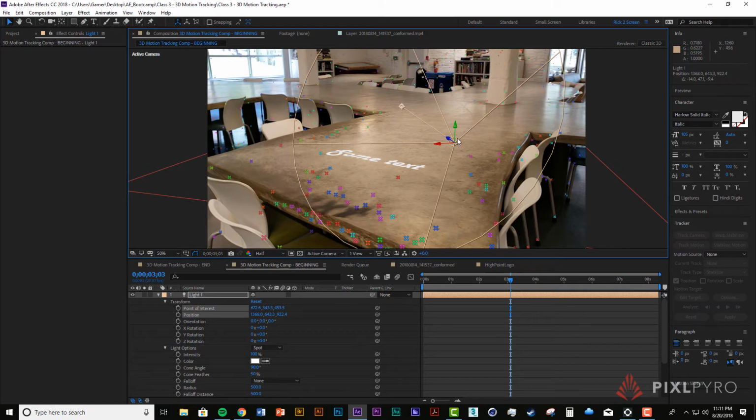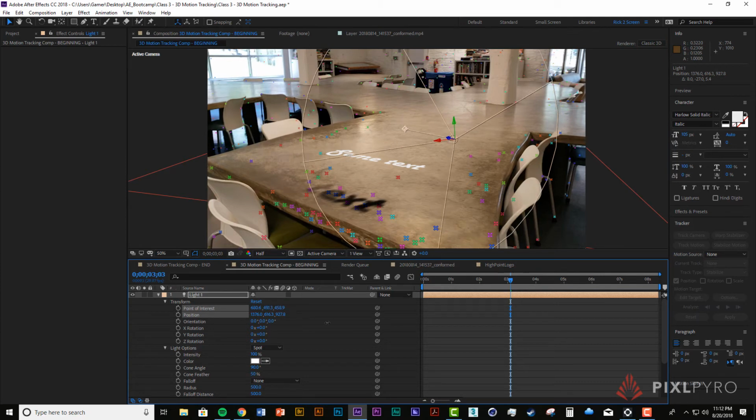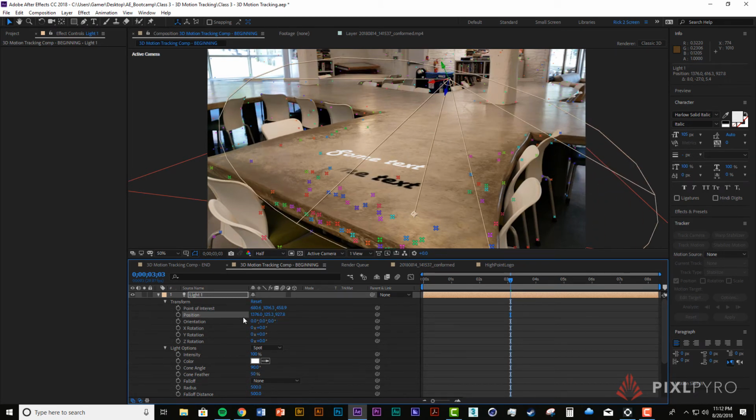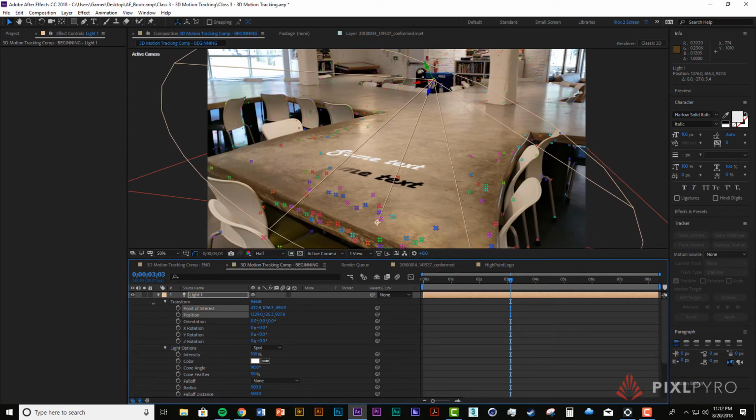There's the point of interest and there's the actual position of the spotlight. And so that's nice because you can set the point of interest to be pointing down instead of having to rotate the light. You just change the point of interest. So I'm changing the point of interest right now. I'm just scrubbing down in the Y direction so that the point of interest is actually moving down to point more towards the table. Now if I just scrub the position of the light, it moves up and everything, but it still points to that point of interest. So you've got two different coordinates to work with